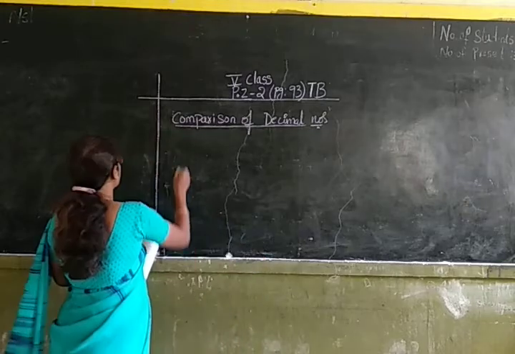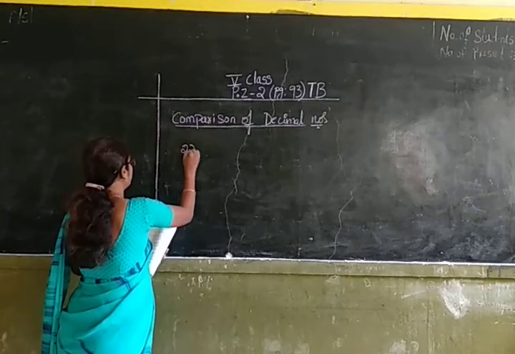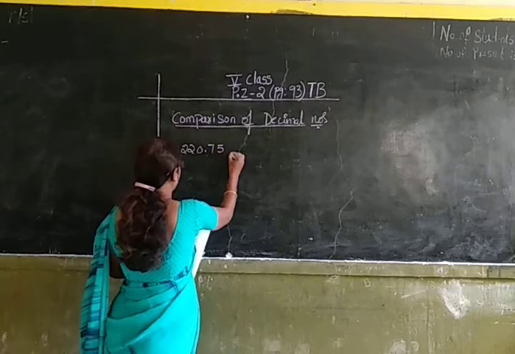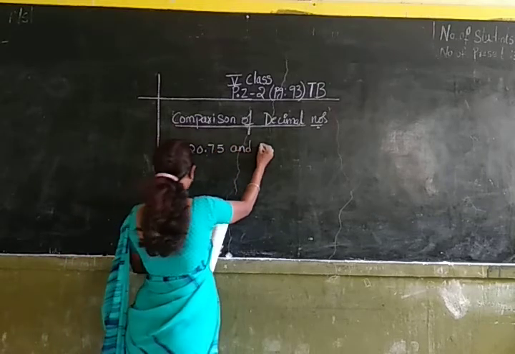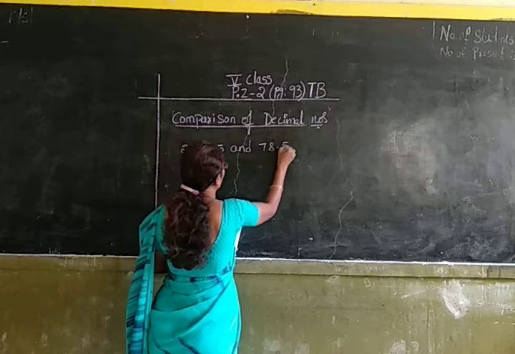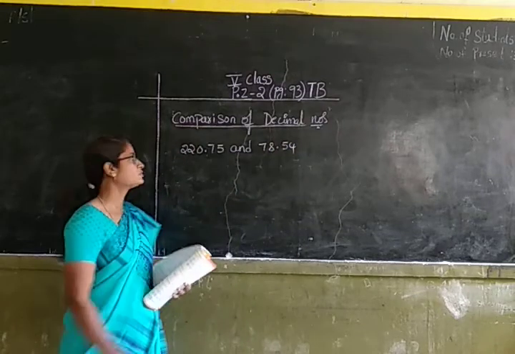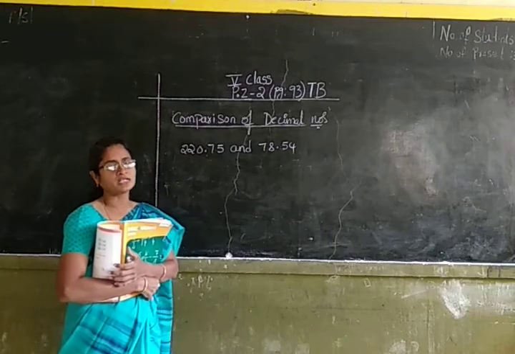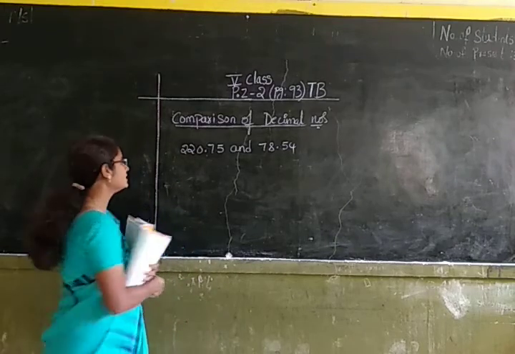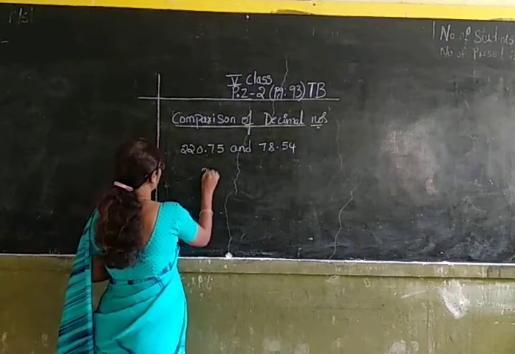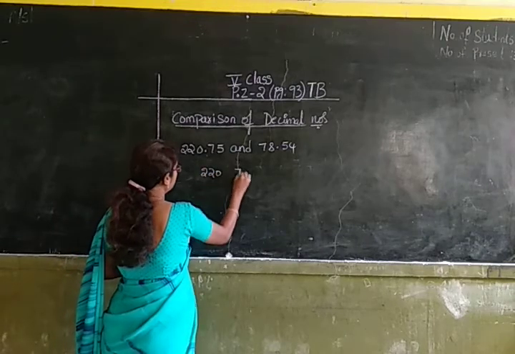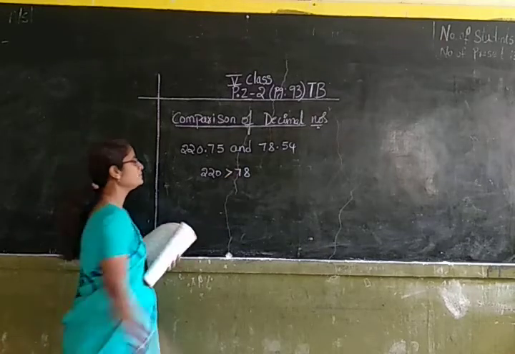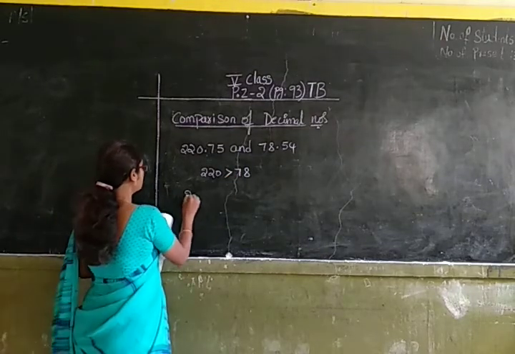So now let us compare 220.75 and 78.54. For comparison, first we have to compare the whole number part and then we have to compare the decimal part. So first let us compare the whole number part. 220 and 78. Which is bigger? 220 is bigger. So we can say that